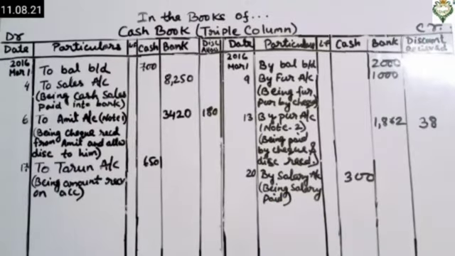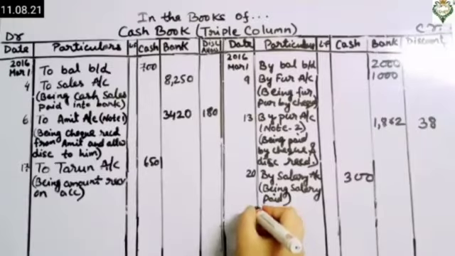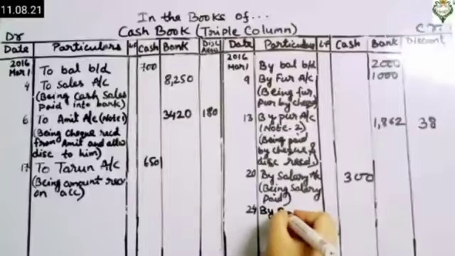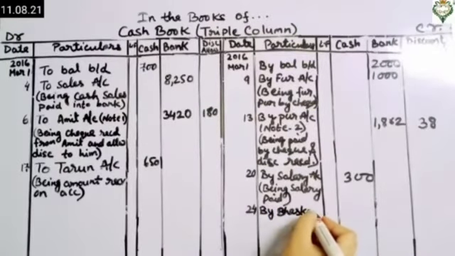Now come to the next transaction. It is saying that on 24th March paid Bhaskar for rupees 400 in full satisfaction. So that means he has to pay the 400 but he had paid 380. So that means 20 rupees is the discount that we have received. So we have to record here because we are paying to Bhaskar on 24th. So we have to write by Bhaskar account.